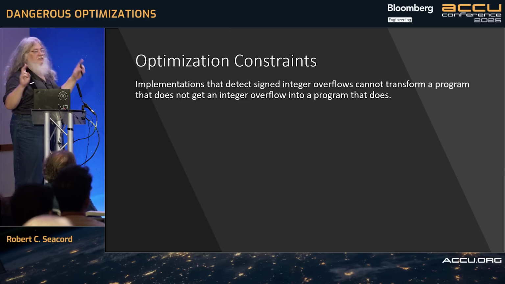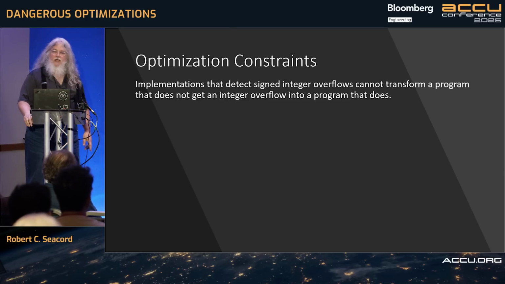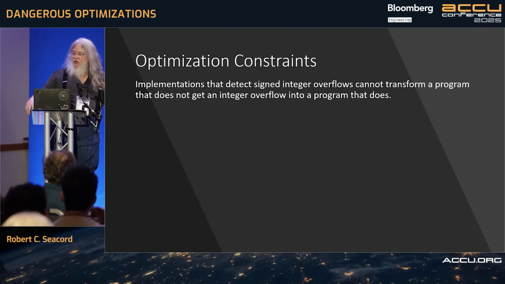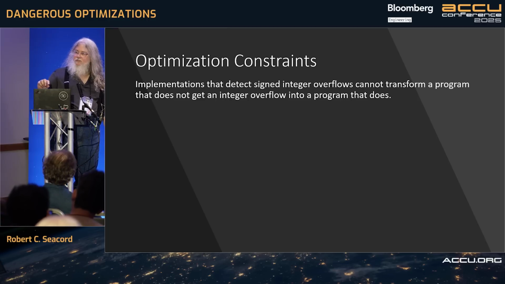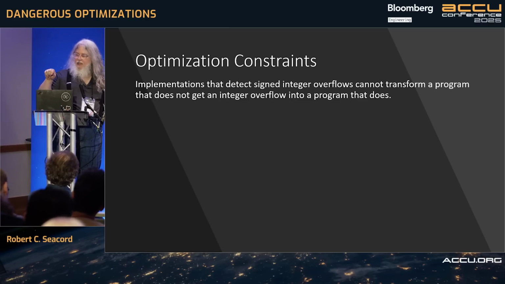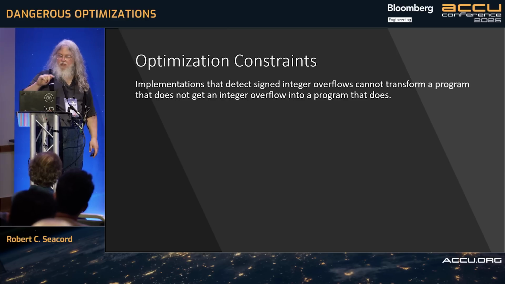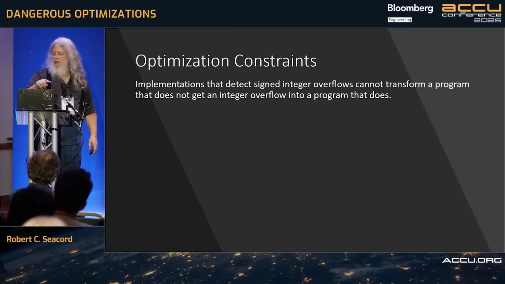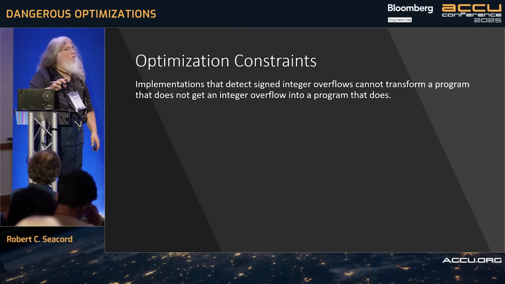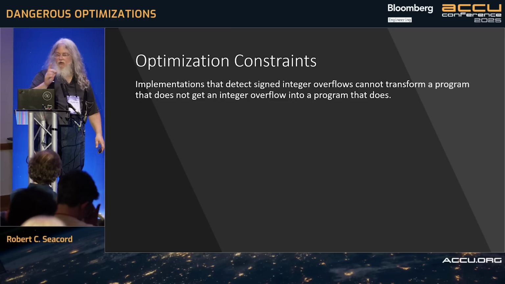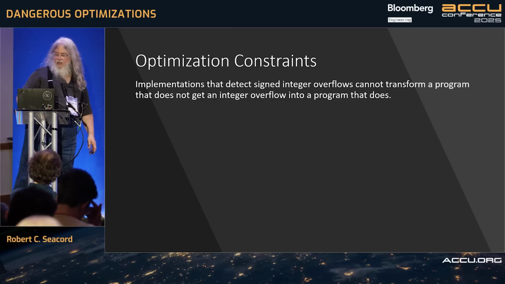Now, this phrase, detect signed integer overflow, what that means, and I'll use Intel as an example since we've talked a little bit about Intel: on Intel, division and remainder operations will trap, right? And that trapping is considered detection, okay? Addition, subtraction, and multiplication operations will wrap around, and wraparound is not considered detecting the error. So really what this is saying is we won't take a program that didn't crash and optimize it into one that does crash, but it is going to ignore things like wraparound in allowing for these optimizations.